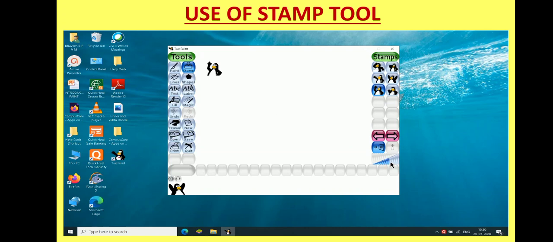This option, which is at down, can be used to grow or shrink your stamp, means to increase or decrease the size of the stamp. So in this way, you can increase the size of your stamp.